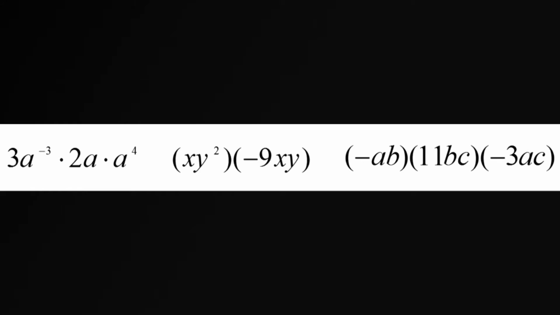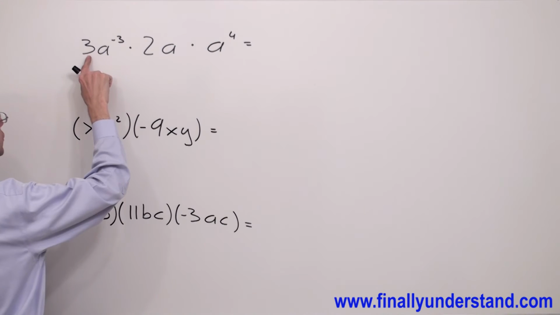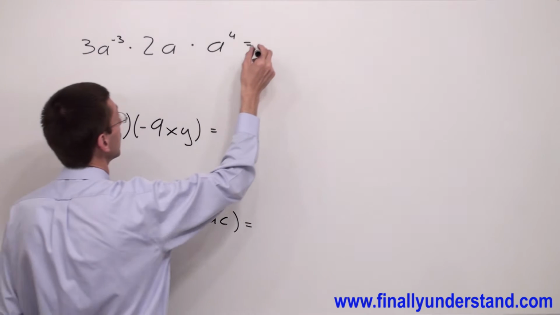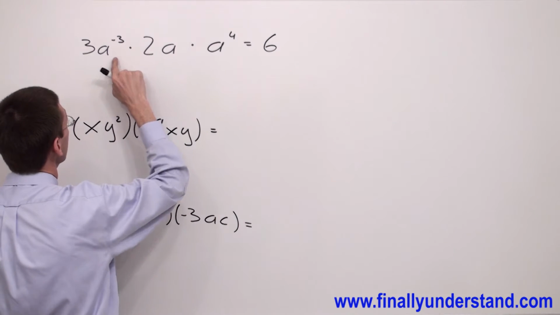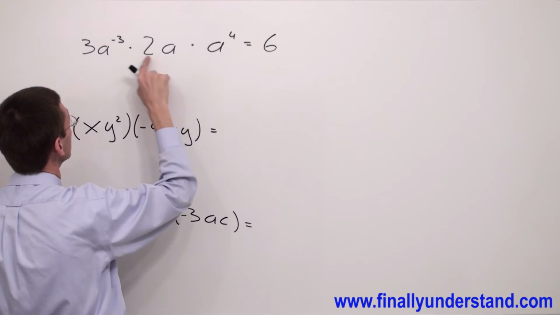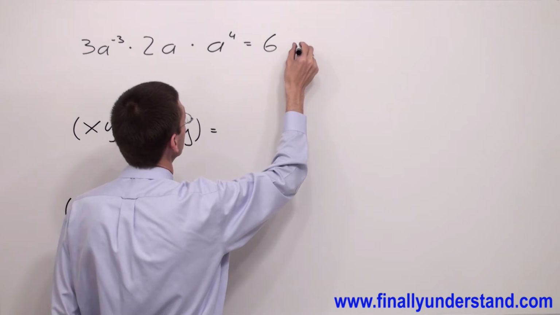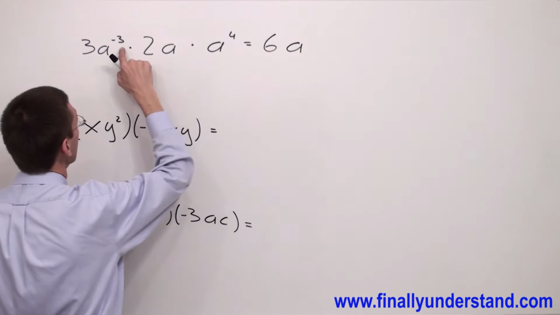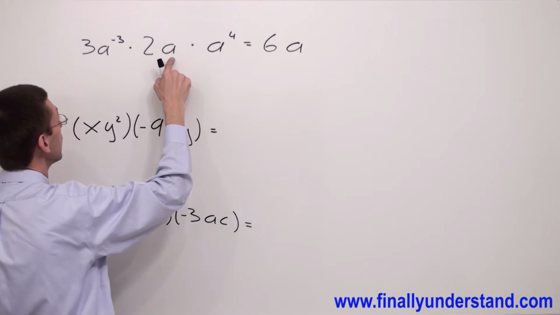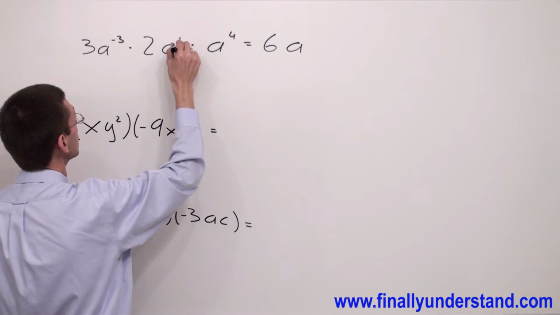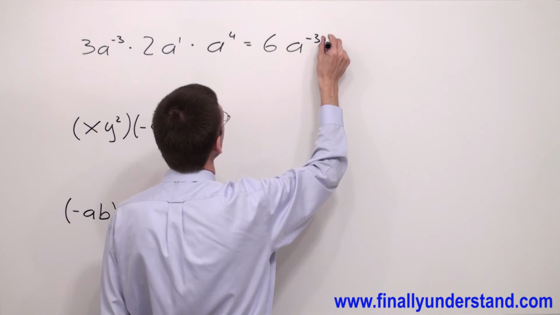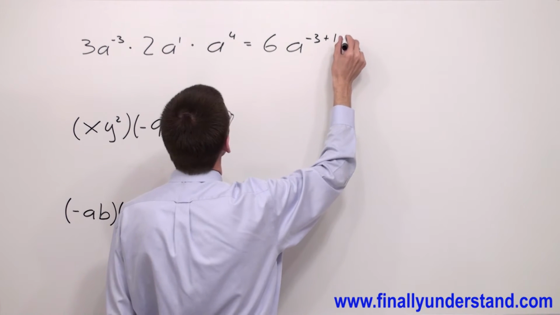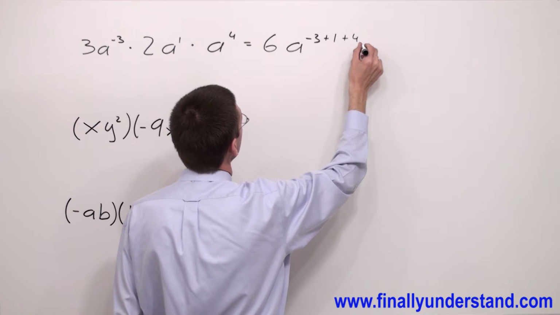Let's perform the following multiplications. First, I have to multiply 3 times 2 is 6. Next, I have base, which is a, okay? So I'm going to keep the base, and I have to add exponents. Remember, anytime I do not have an exponent, there is always an invisible 1. So that's why I'm going to have minus 3 plus 1 plus 4, which is equal